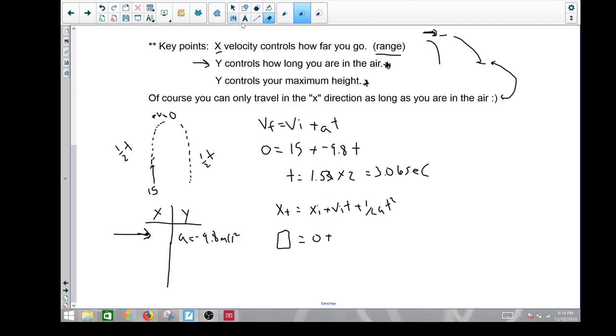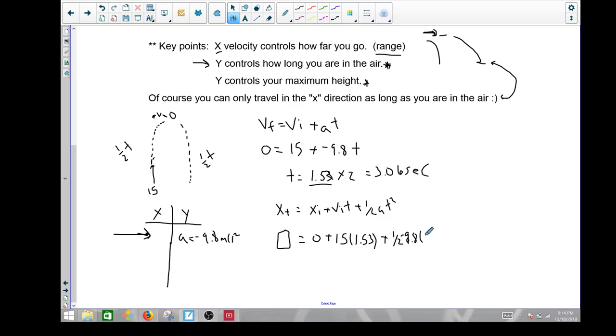All right, so my initial velocity is 15. My time, again, I can pick any time I want. If I pick time 0, then I'm at the 0 time, I have the 0 height. But I want the maximum height. 1.53 is my time at maximum height. Plus 1/2 at squared. Now this is negative 9.8, and my